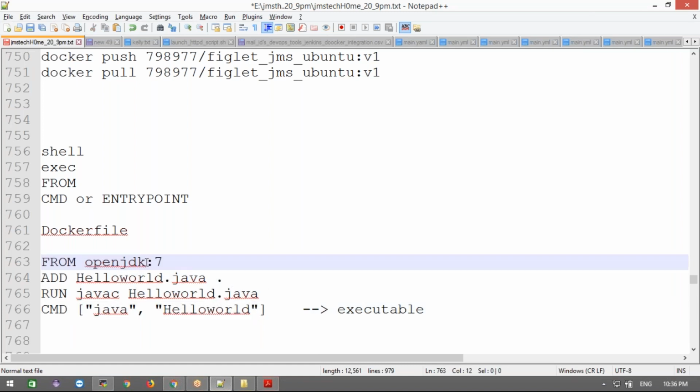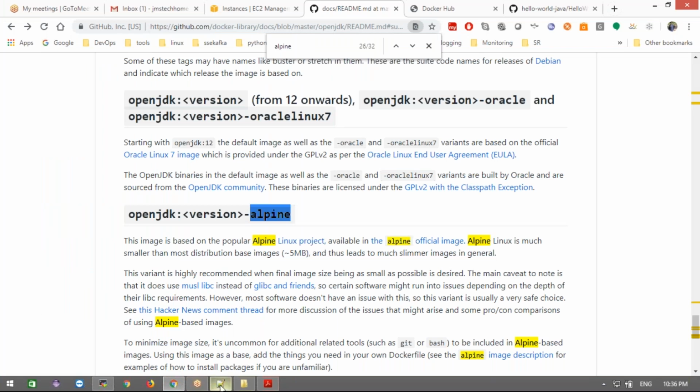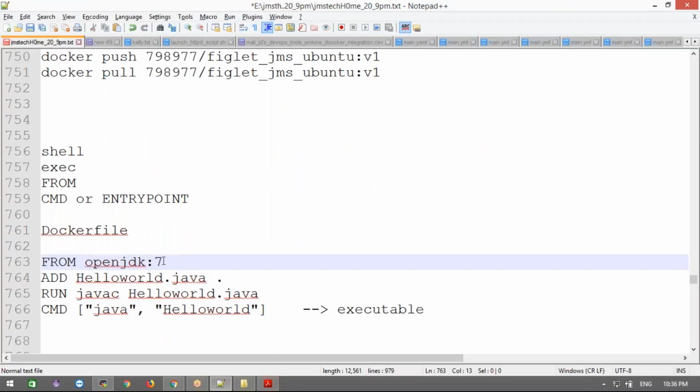The base image uses OpenJDK. What does this OpenJDK contain? We discussed, right? Like the Figlet Ubuntu one, they took their own Linux and then installed Java on that image. So this image contains Java and a Linux machine. Two things are there.